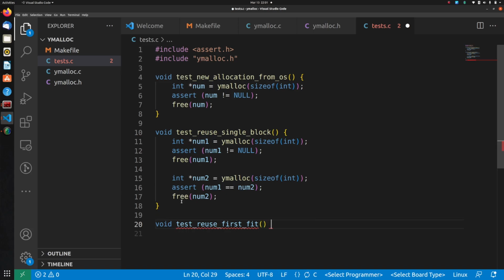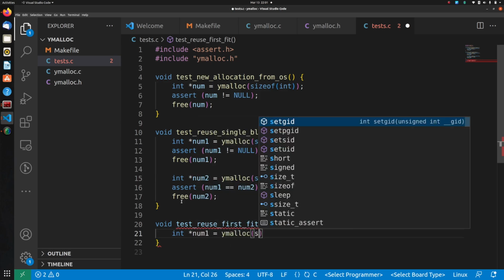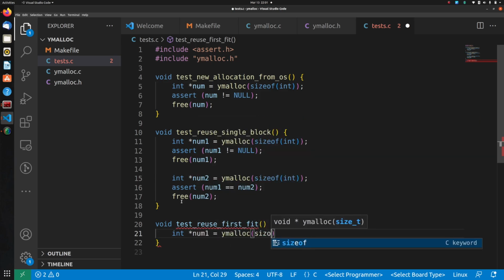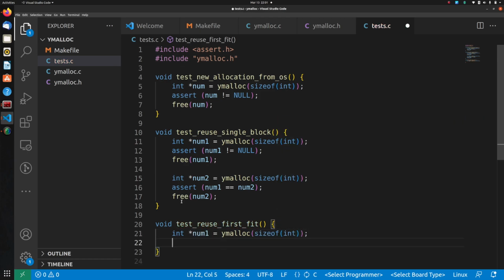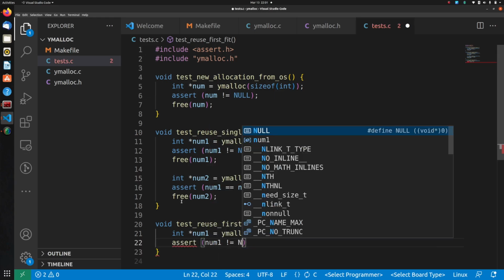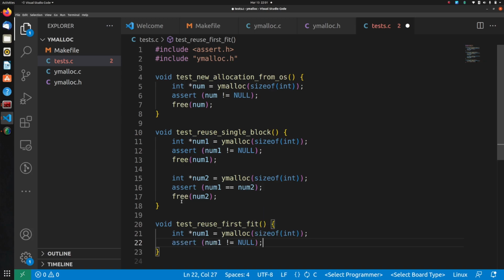So let's do that. int *num1 equal to Ymalloc size of int. What we do next is assert num1 not equal to null, then we